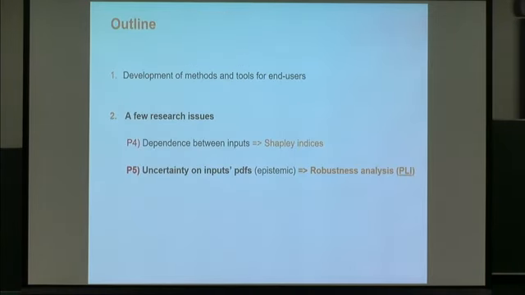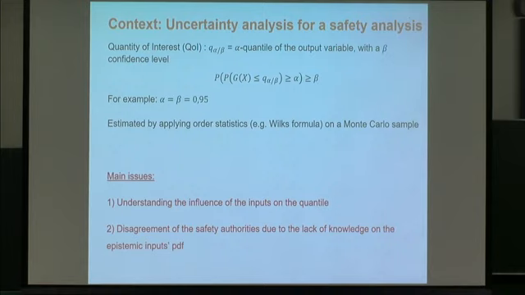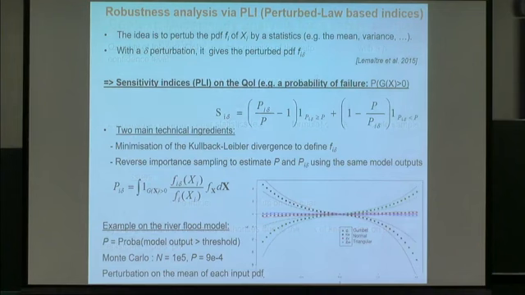And the robustness analysis, so this is some work we have developed with PhD students and with some colleagues from University of Toulouse, Fabrice Gamboa. Just the principle. I have explained that the problem is mainly the disagreement of the safety authority due to the lack of knowledge on the input PDF of the epistemic variable. And what we try to use, I'm not sure that they will be convinced, we will try to convince them, is what we call